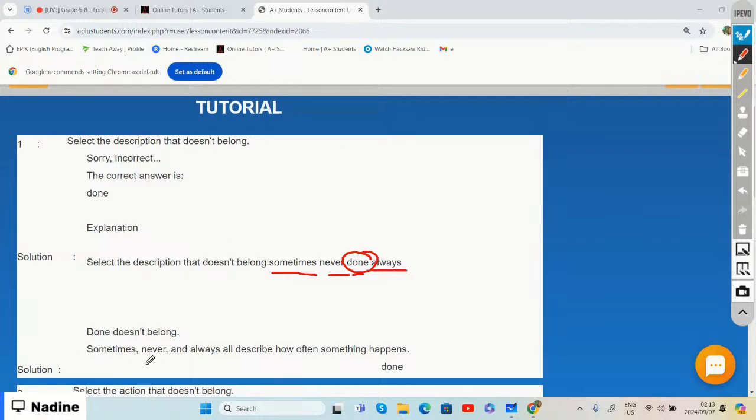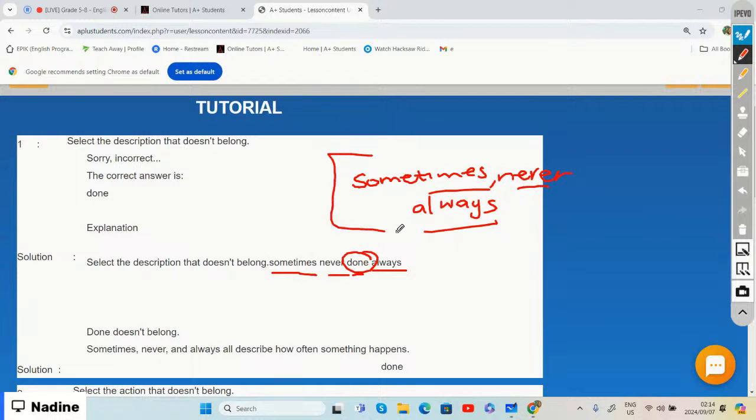So the word sometimes, never, and the word always, they describe how often something happens. It's either happening sometimes, it's either happening never, or it's always happening. Right? Whereas with done, it means it is completed. So done doesn't belong. So, as you can see, if you look at these words, sometimes, never, and always, these are related